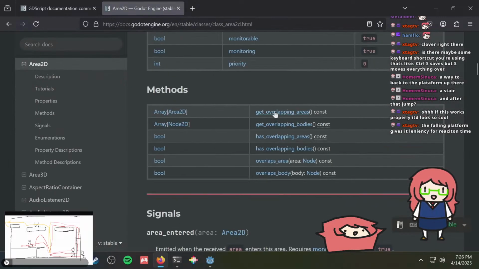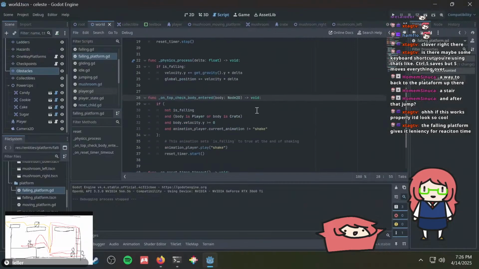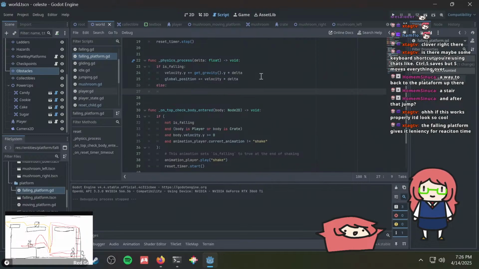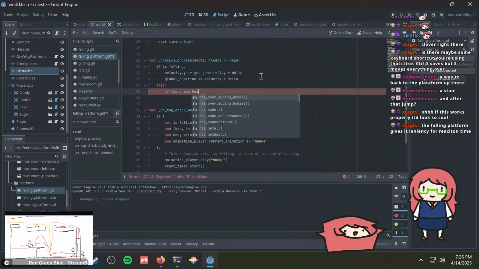You should get overlapping, has overlapping bodies. So this one, physics process, else. If top check has overlapping bodies